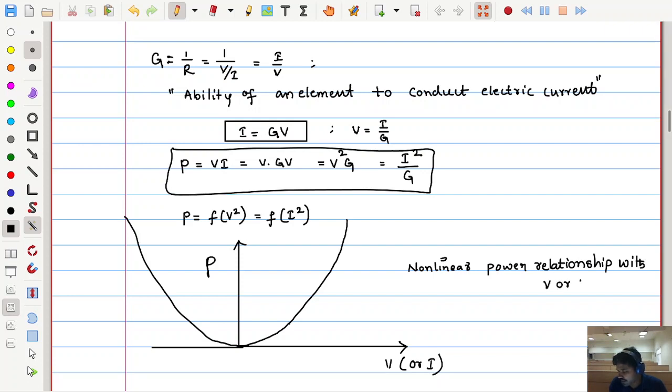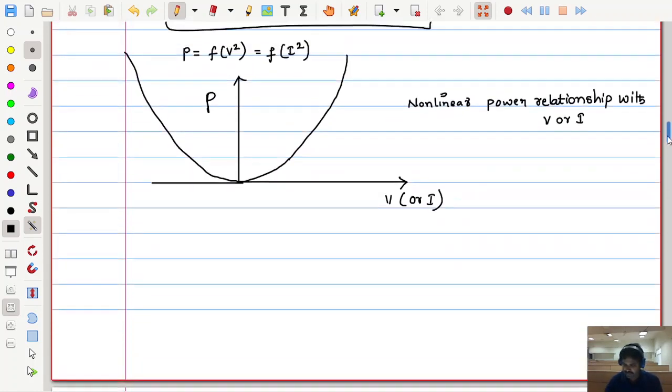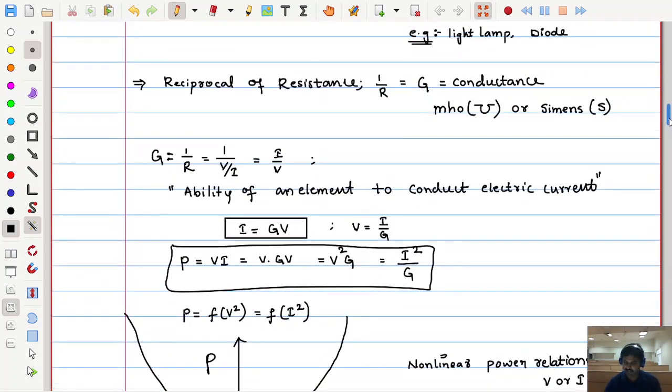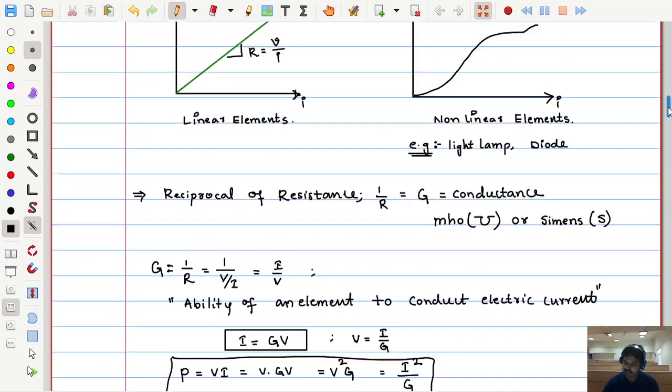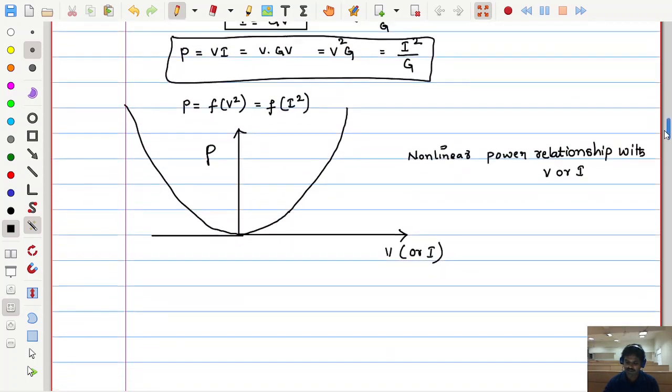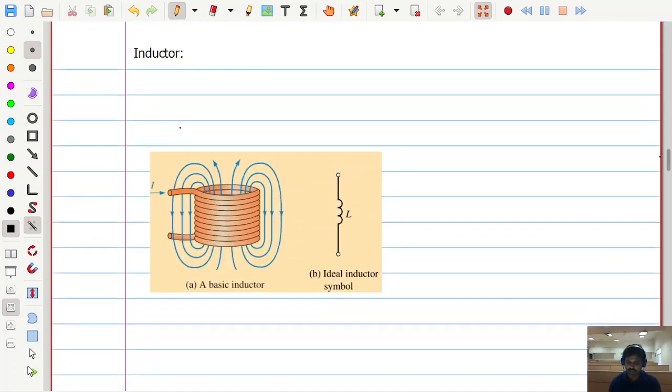Okay. So with this, for the time being, let us stop here about this resistance. We will come across this resistor again. When we have completed the rest of the two passive elements, we will have a detailed circuit analysis of this resistor. So for the time being, let us take the next element, which is the inductor. First let us see what the inductor is. How can we form the inductor?